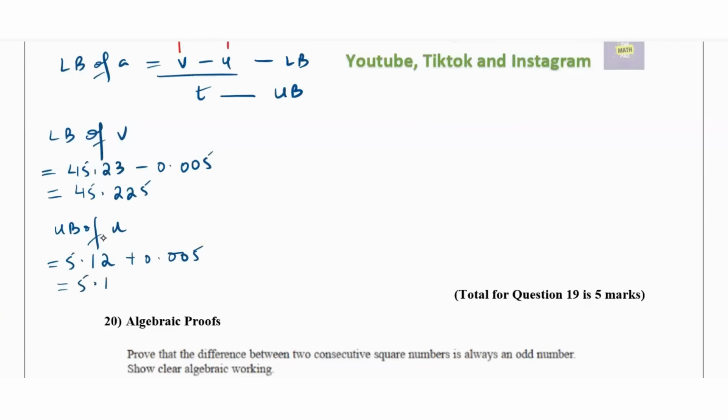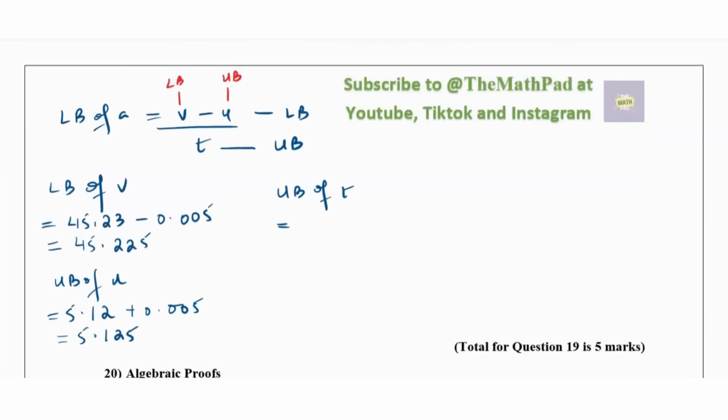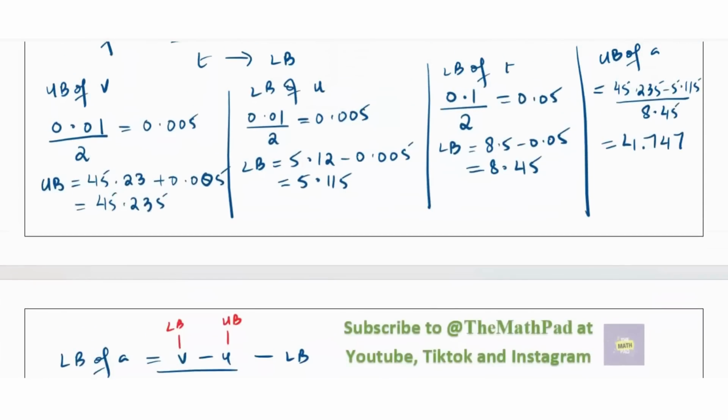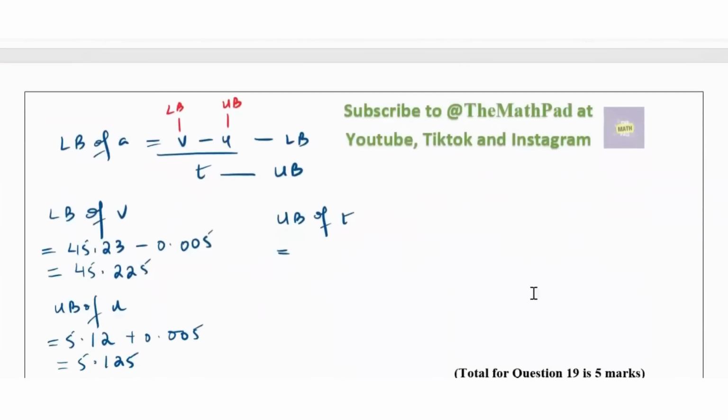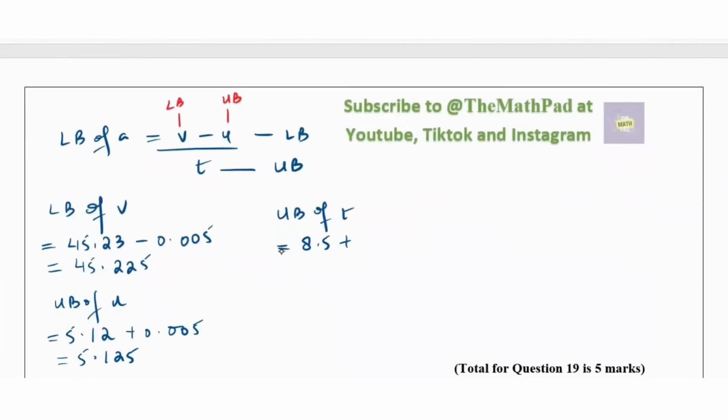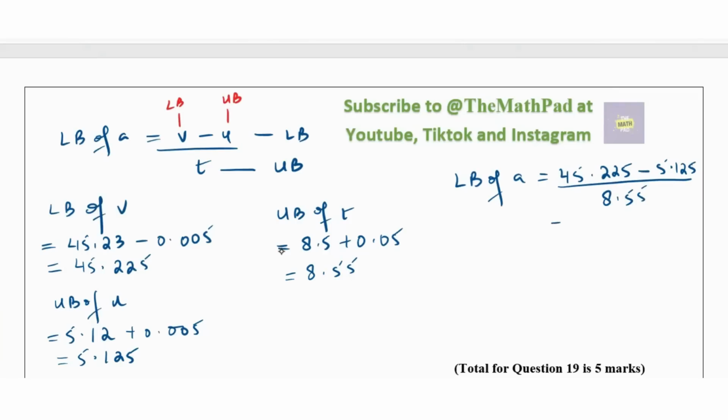That's going to be 5.125. And lastly, upper bound of T, which is going to be 8.5 plus 0.05, which is 8.55. So lower bound of A is going to be 45.225 minus 5.125 divided by 8.55. That gives us